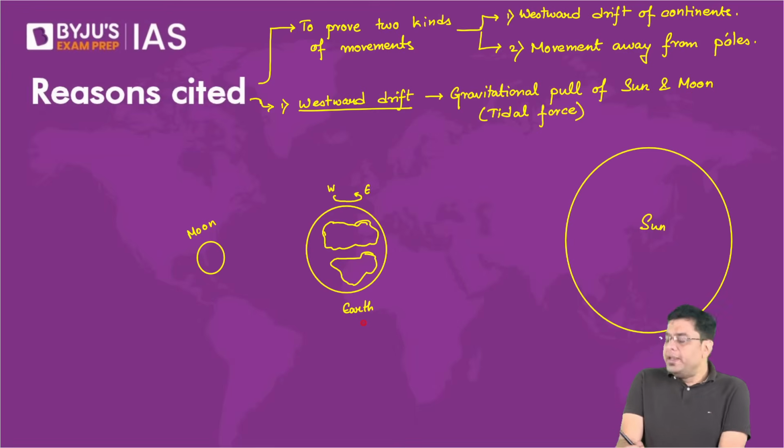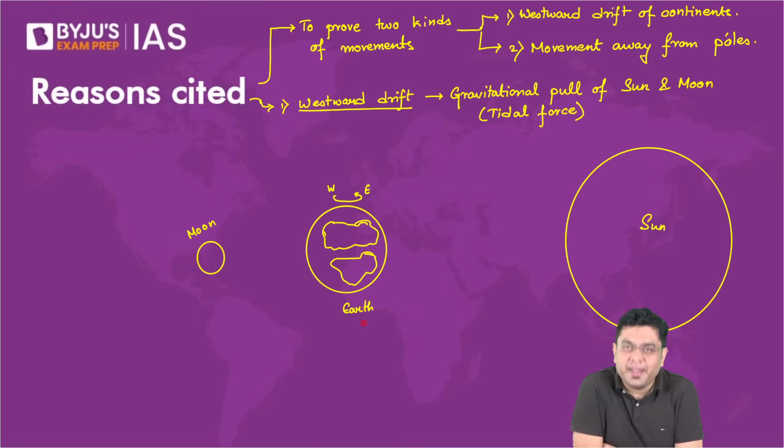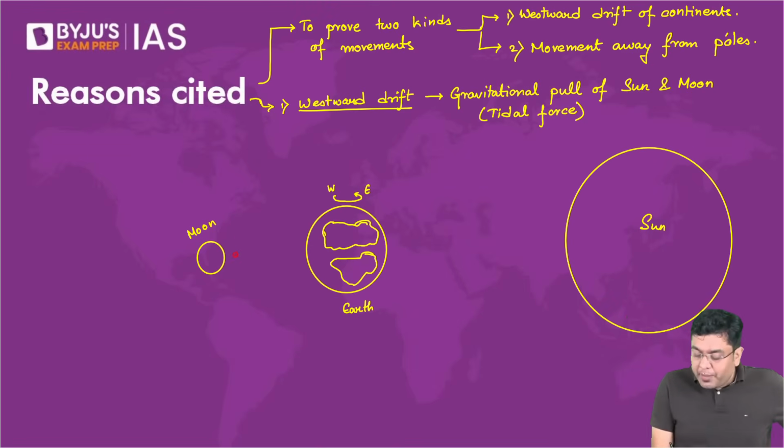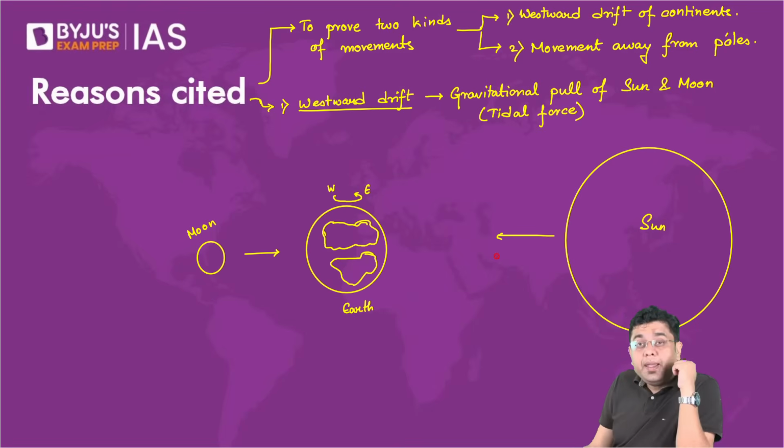Right? Now, this is where things not only get interesting, they also borderline on being funny. So, what did he say? He said that as the planet would rotate continuously from west to east, there would be a very strong gravitational pull exerted by the moon as well as the sun. Even though the sun's mass is significantly greater, the gravitational pull exerted by the moon would be much higher. Why? Because the distance between moon and earth is less, which is correct. The gravitational pull exerted by moon is also quite significant on the planet.